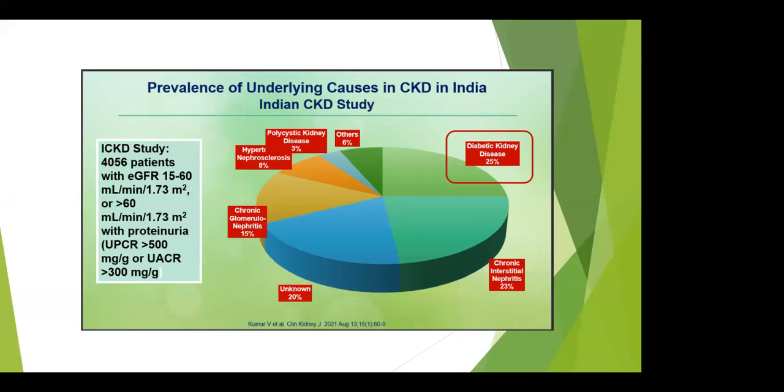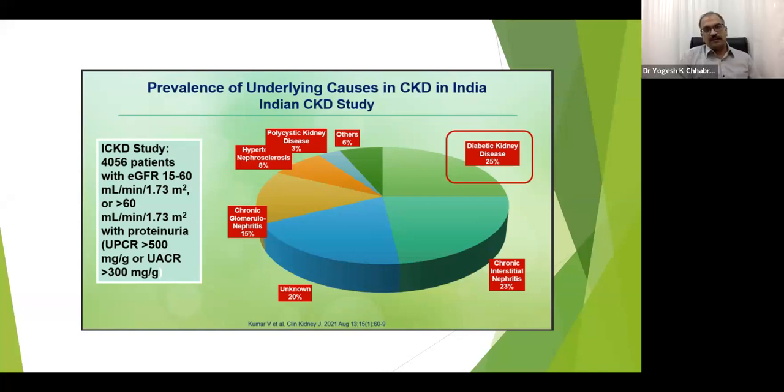Coming on to the symptoms of chronic kidney disease. Actually, the most common symptom of chronic kidney disease is no symptom. Even till the late stage, the patient might not have any features. The patient might come to us for the first time with a very advanced stage where the GFR is actually in stage 5, and it is not that the patient has had no symptom over the time period.